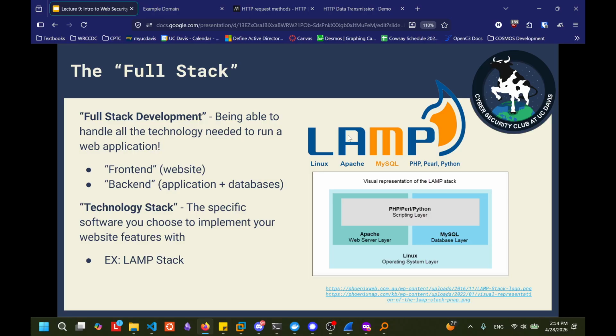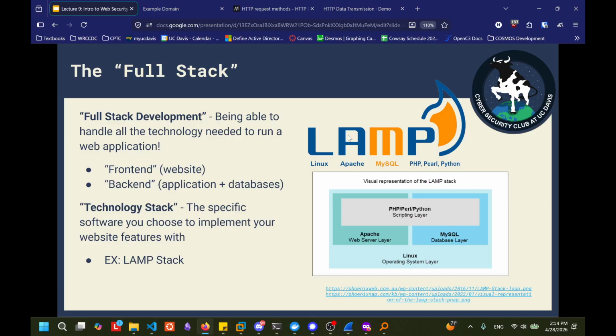So what I have just described is the full stack. You've probably heard a jillion times the phrase full stack developer. Before AI developer, this was the hottest thing on the computer science market. What full stack means is you're able to handle all the technology, all the software, to build a fully functional web application, not just graphic design in a web page, not just some API in the back end, not just managing a database. You're able to deal with all of the applications needed to run a web application.